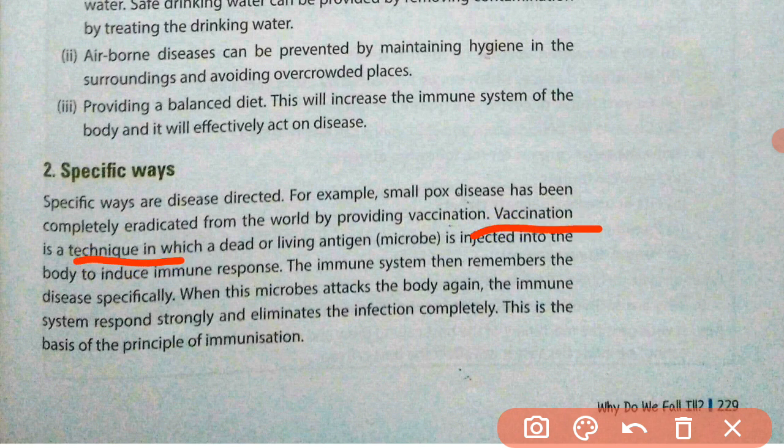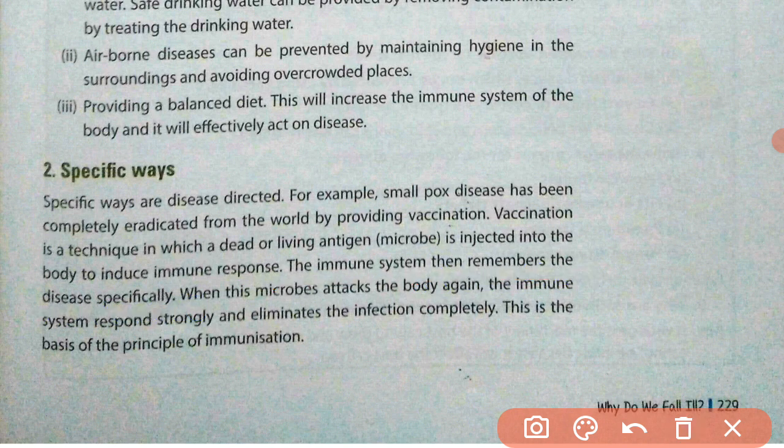Vaccination is a technique in which a dead or living antigen is injected into the body to induce an immune response. A vaccine is nothing but microbes, and those microbes can be dead or very weak. So we inject these dead or weak microorganisms into our body to enhance the immune response and make our body immunized. Once these microorganisms enter our body, the immune system remembers the disease specifically, and further when